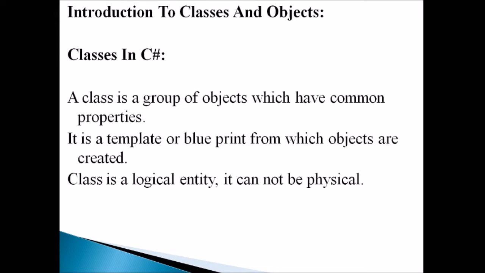New is the operator which allocates the memory space. And after new, again there is a class name with open and close brackets. At that place it is called the constructor. Okay, this is the basic thing to create an object. So to create the object we need the help of a class, which is a template or blueprint from which objects are created. And the class is a logical entity, not a physical entity. It is not a physical one, it is only a logical one.